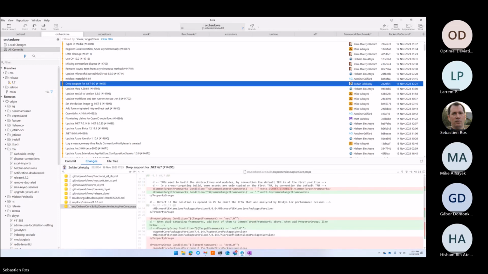Support for the same way here. Look at that. Yes, SQL, we updated a minor one. We didn't even know what was changed, right? We don't remember. Well, it was important for us, but maybe it doesn't matter. Okay, so drop support for .NET 6 and 7. So this was discussed. Why should we drop support for 6 and 7?